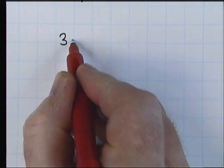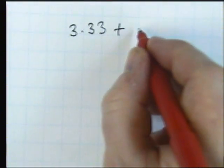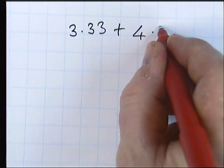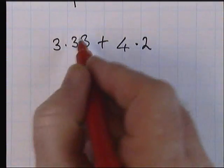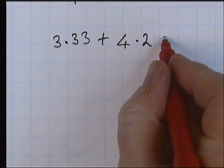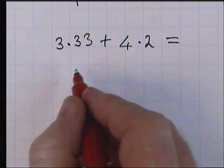So 3.33 plus 4.2. Okay, 3.33 plus 4.2, and that equals. So let's start with the numbers. Let's start with